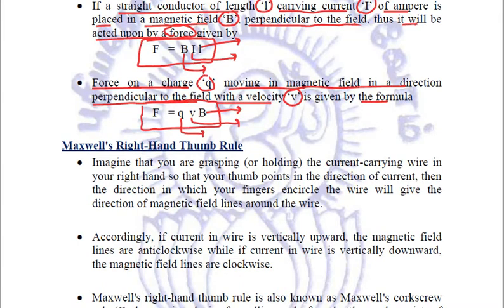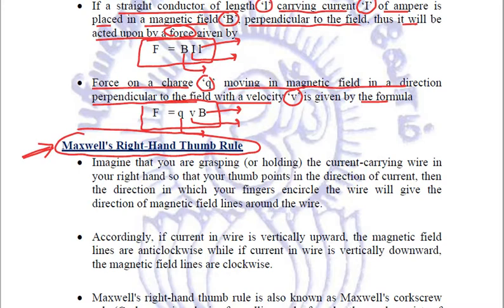Okay. Now we said that whenever current is passed in a straight current carrying conductor, a magnetic field is produced, and the magnetic field lines are in the form of concentric circles. What will be the direction of these magnetic field lines? The magnetic field was first shown by Oersted. And the direction of these magnetic field lines was given by Maxwell through his right hand thumb rule. Quite important. Please try to relate.